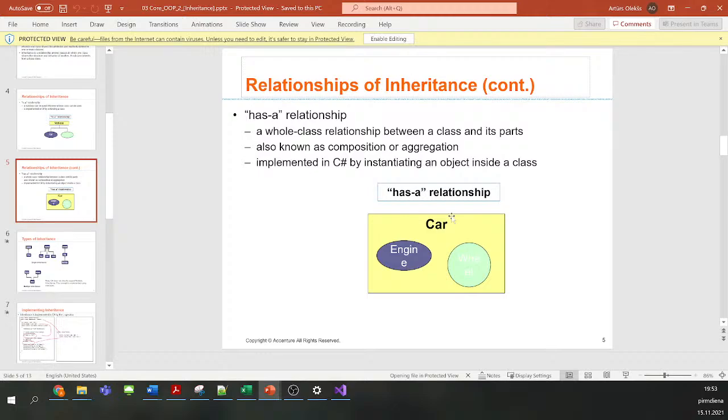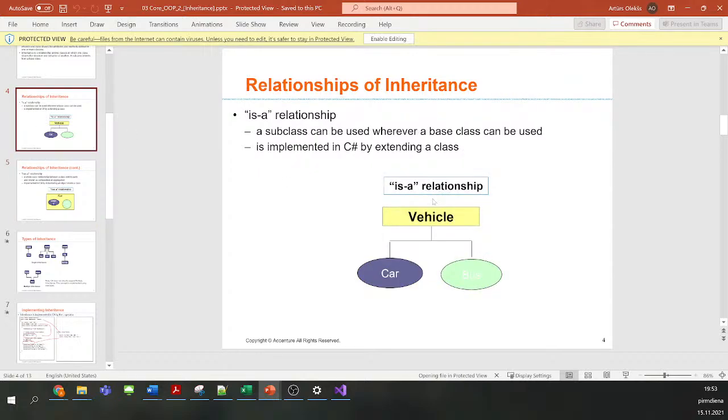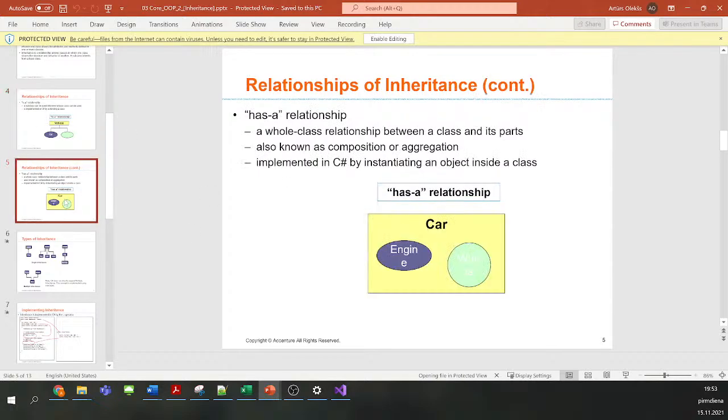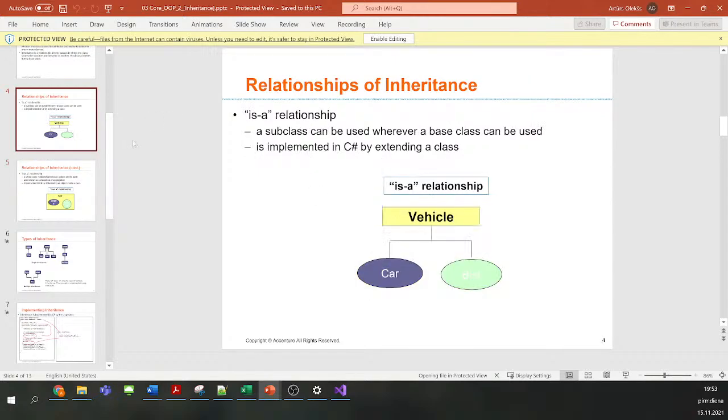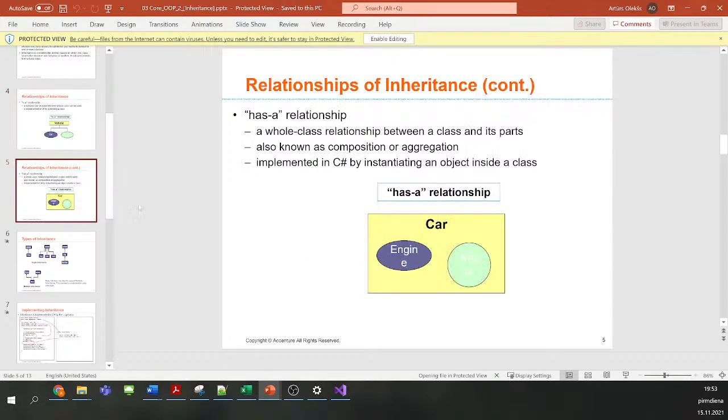It's there just for you to distinguish that this is not inheritance. We have the superclass and the subclasses, but in this case, it's just a relationship, and it's to help you understand the differences and not mix up these two terms: is-a relationship and has-a relationship. Has-a means that one object is located inside another object.